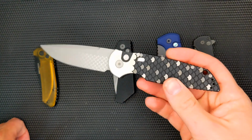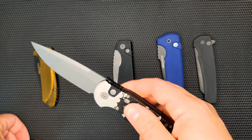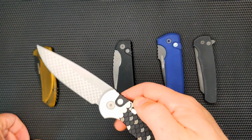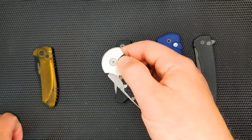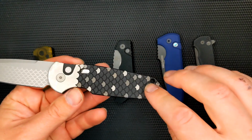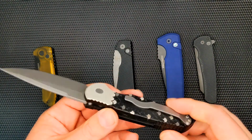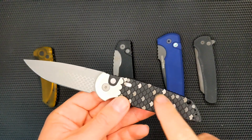You'll notice that this TR3 does not look like your typical TR3. This was one of the first knives, I believe it was the first knife, that ProTech made in MagnaCut. This is a MagnaCut edition TR3, and it has the fish scales on here, which some people like and some don't. And also, I sent it into Way of Knife EDC Gearhouse, and they customized it for me by highlighting